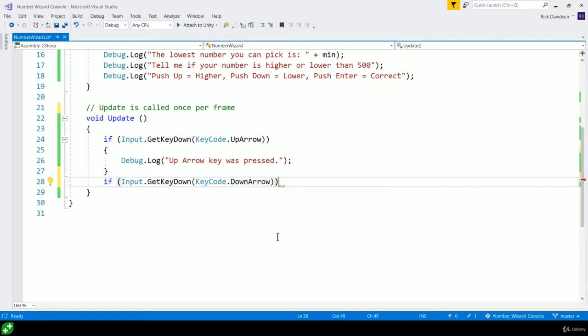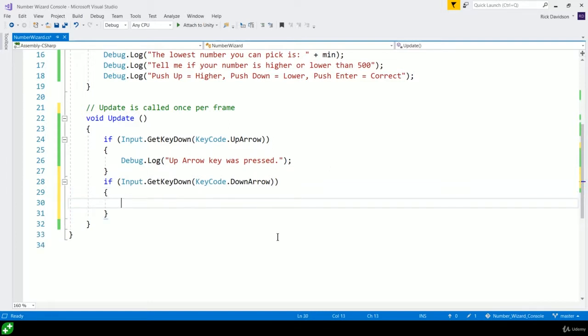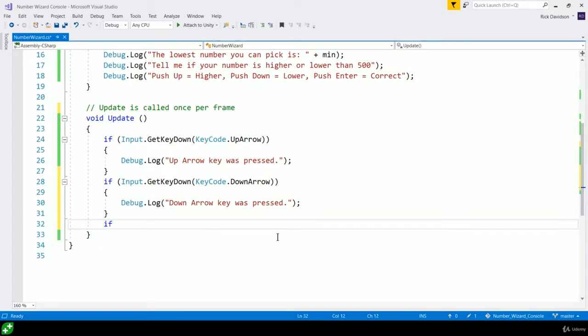And then I'm going to skip to the end, hit enter, open my curly brackets, hit enter again to get a new line, Debug.Log, "down arrow key was pressed", and we'll change this to something more meaningful for our game in the near future, but for now we're just doing it very functional. You pushed a thing, down key pressed, semicolon, and then we will go underneath that and type if